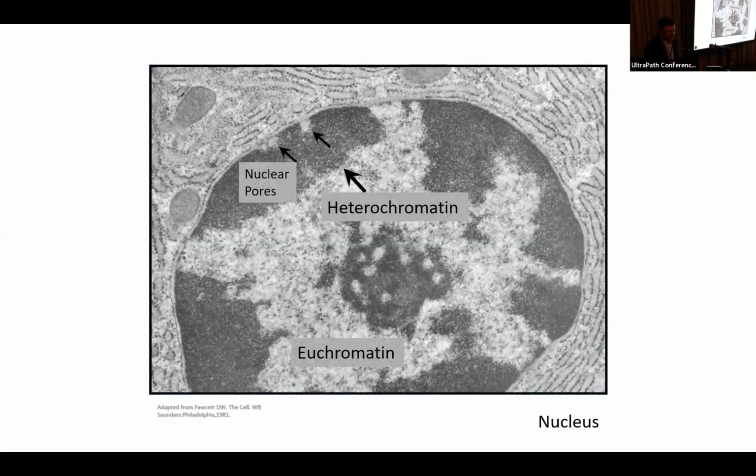The functionally active chromosomal material that's contained within the nucleus is referred to as euchromatin, and the condensed inactive material, chromatin, is the heterochromatin. And you can kind of see up in the corner there, there's some arrows pointing to these nuclear pores,